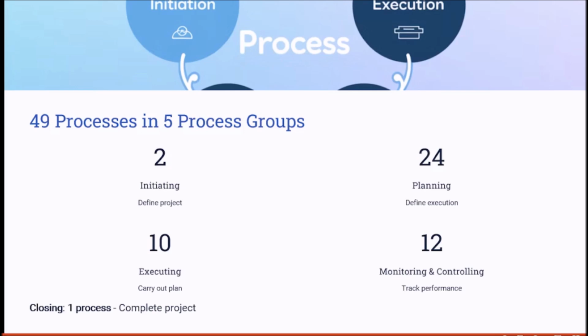For example, in the initiating process group, we have two main processes associated with it. And that is mainly defining the project, like developing the project charter, and also identifying the stakeholders. So in our case, developing the project charter and identifying the stakeholders are the two key processes under the initiating process group. Next, we have